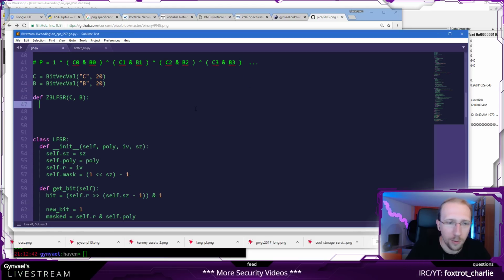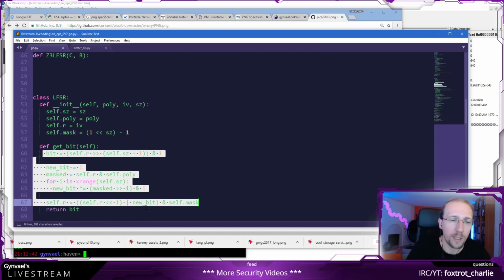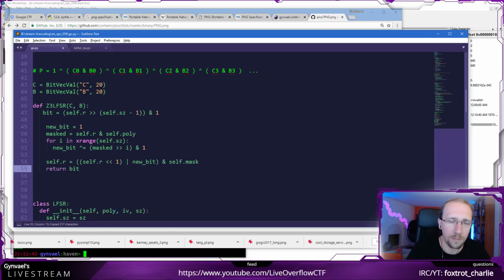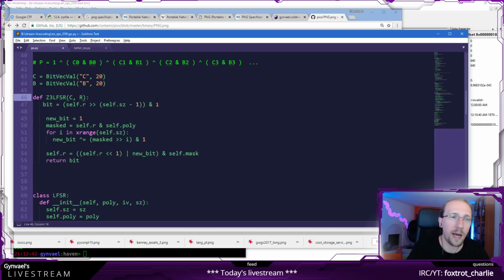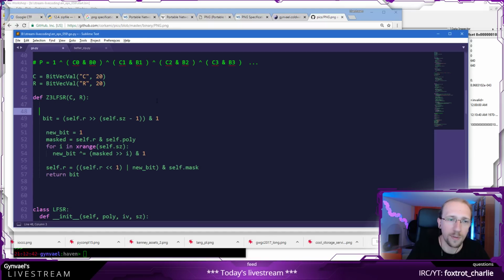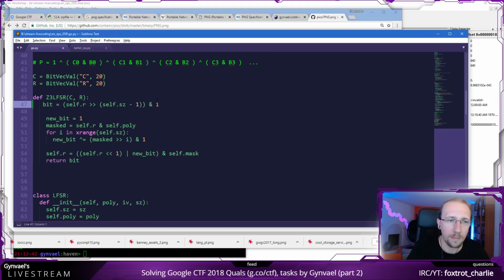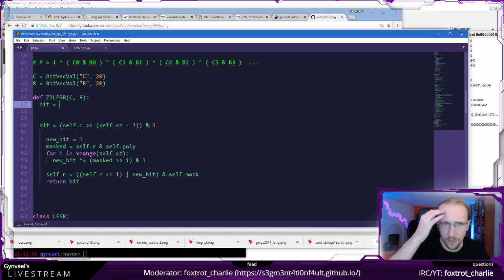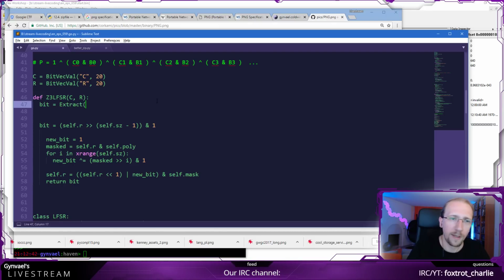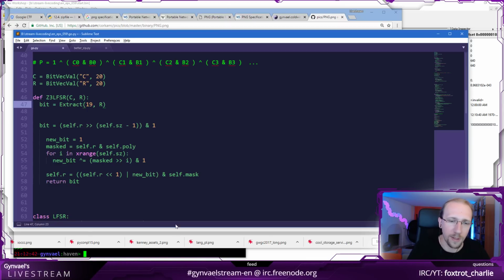Now what we return is basically the same thing which is here, but we need to write it in Z3 style. So what is the register state, by the way? Here, I guess the B is actually R, right? It's the register state. So let's call it like this, the register state. Okay. So first we need to grab the bit, and how to write this down is going to be annoying. We need to extract the most significant bit, so bit number 19 from R. I think this is how it goes.